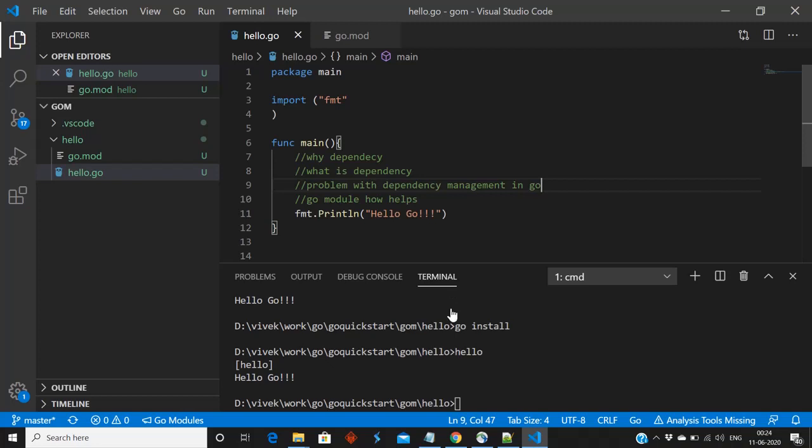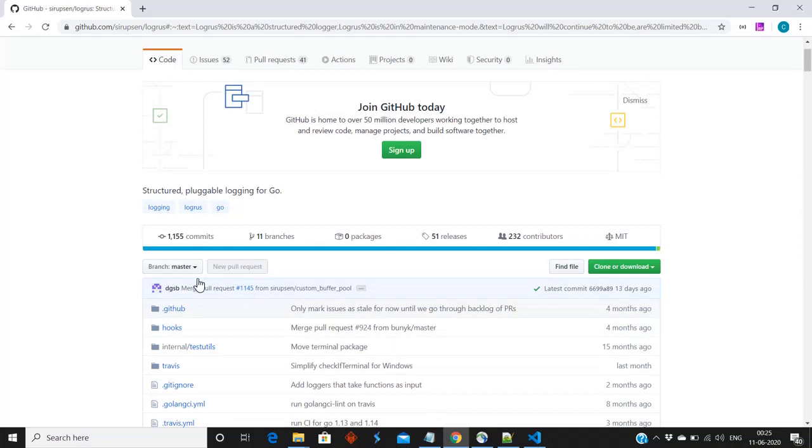The problem with the go get command is it always downloads the latest code, meaning code from the master branch. Suppose I am a developer developing the Logrus library and I have made some change. You downloaded the code a few days before, and you are going to use go get again. It is a possibility that your code may break, which is not good. So this was the problem of Go dependency management, because go get always downloads code from the master branch.